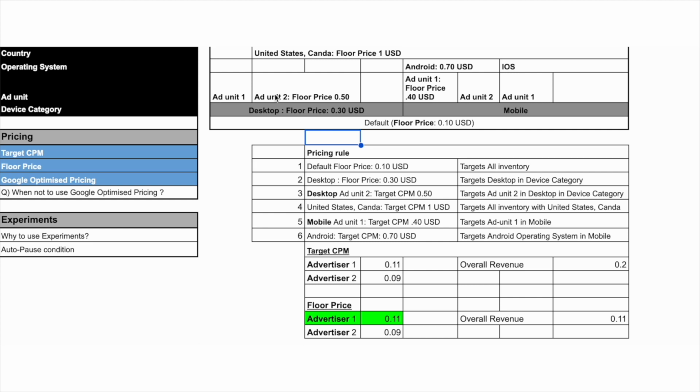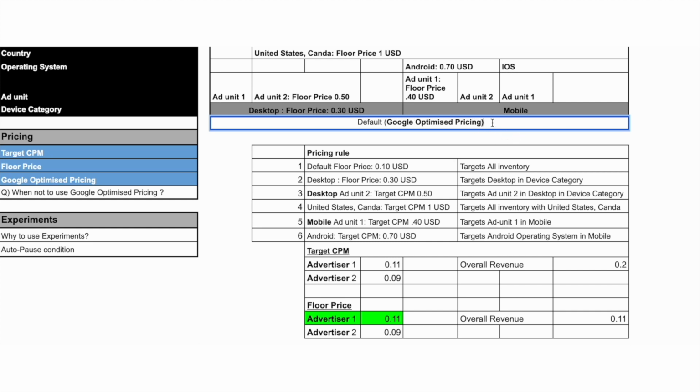However, if you have other pricing rules that overlap your baseline pricing rule, then you should not use Google optimized pricing at your default pricing. So you should not use Google optimized pricing in here. If you do that,